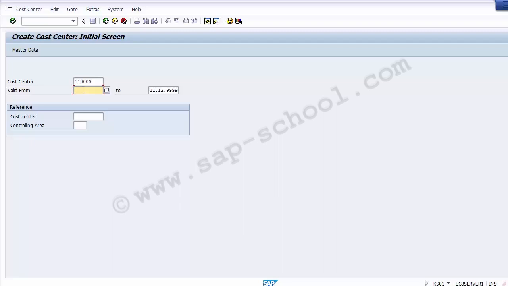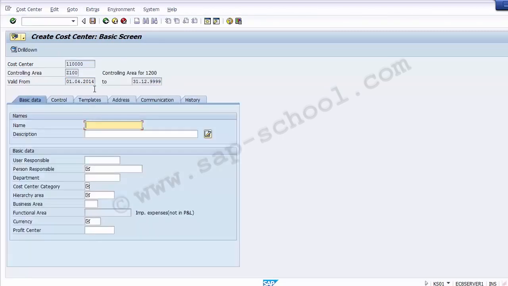So for example, now I have been taking from the fiscal year start 2014 till over here. You can change this date. This is infinite, which can run till 9999. If you want, you can restrict it till 2014 as well. So there is an option to restrict this, if I want this particular cost center to not be active after this particular date. So you can put this date. Even if you want, you can change this date from here to 18 as well. The best part is to keep it as 9999 so as to avoid any future problems. So once you have taken this code and this date, now we can enter